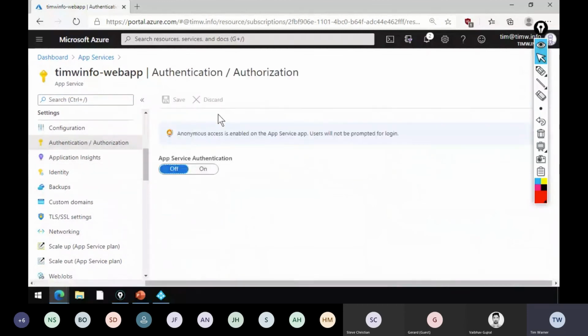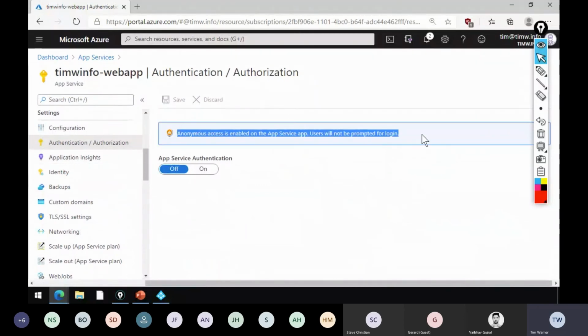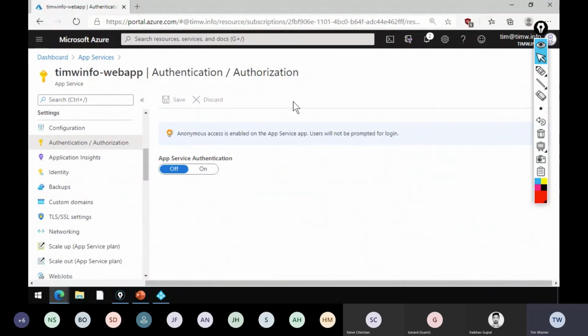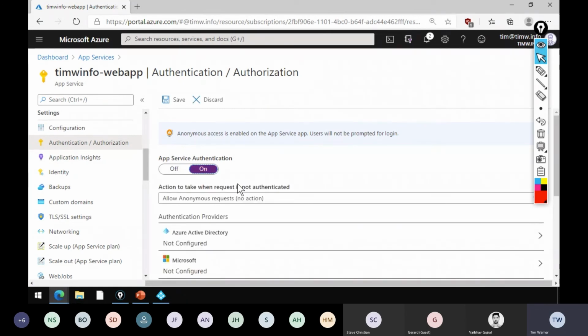But this is kind of interesting too, this feature called App Service Authentication. By default, it's anonymous access enabled because your app service is by definition considered a publicly accessible web app. That means number one, your developers are going to have to add authentication and authorization themselves. Or number two, you could do an App Service Environment, which is pretty dadgum expensive, but that would allow you to take your app service plan and your web apps and put them in an air-gapped environment on a virtual network.